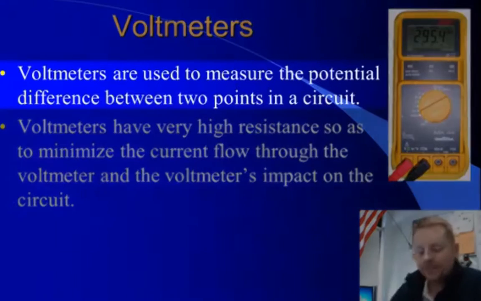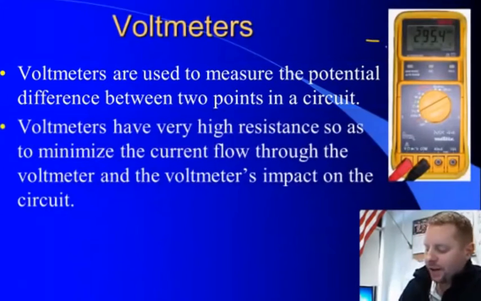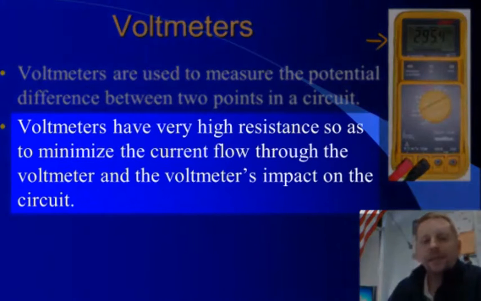A voltmeter is a tool that's used to measure the potential difference between two points in a circuit. And on the right here you have a multimeter, which can be used as a voltmeter and ammeter. It can measure resistances, but we're going to talk about it first in voltmeter mode. Voltmeters have an extremely high resistance, and they have this high resistance so that they minimize the effect they have